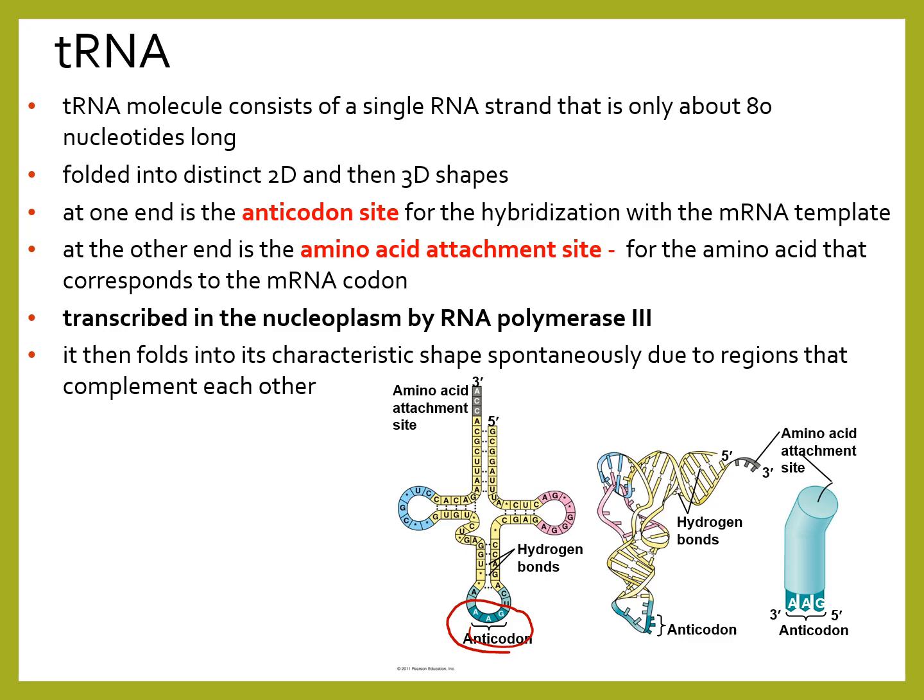At the other end, there is the amino acid attachment site. This is where the amino acid is going to be found. The amino acid has absolutely nothing to do with the anticodon site. The amino acid that you would find on this particular tRNA is going to be defined by the codon sequence